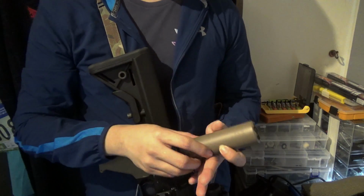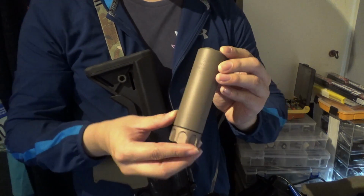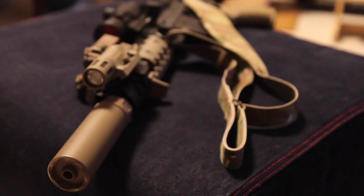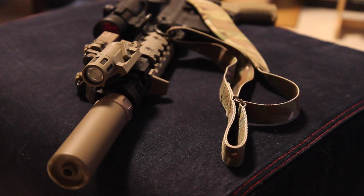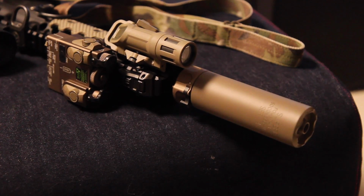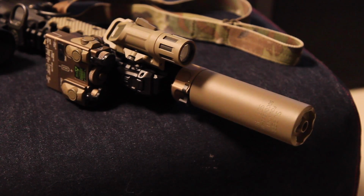So back a few months ago, Dytac decided to make an airsoft replica of the Surefire Socom 2 series suppressors, and this was a really big deal in the airsoft industry, because Dytac is the only airsoft manufacturer that produces the Surefire Socom 2 series suppressors. If you don't understand why people are so hyped up about the suppressor, it's because